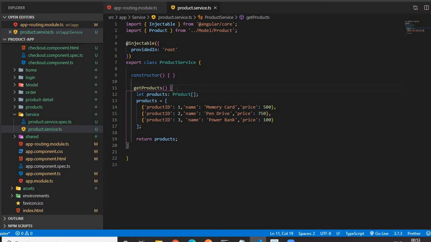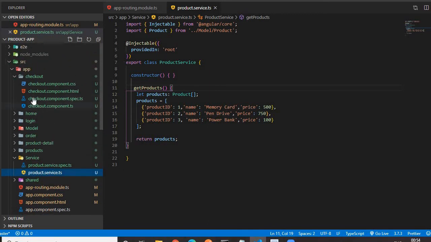Let me tell you why a service is needed. If you want to reuse your code, if you want to write business logic that is used in multiple components, a service helps. Let's suppose in our application we currently have multiple components, like the product component, checkout component, and product detail component.